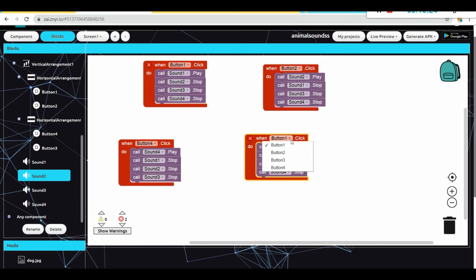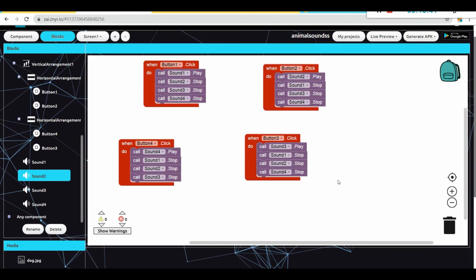Similarly, here when button 3 is clicked, 3 should play, 1 should stop, 2 should stop, and 4 should stop. Yes, now my block code is completed.